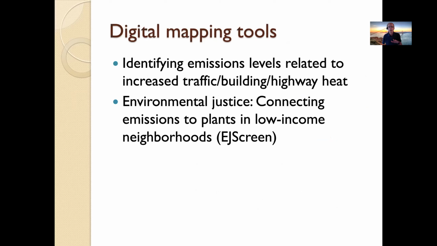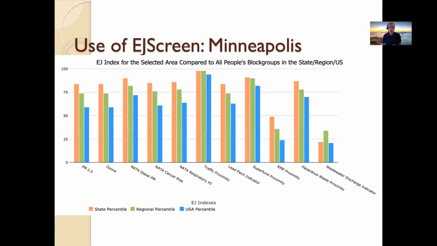They can identify the emission levels related to traffic and highway buildings and highway heat just by measuring those. And they can then get that data and connect the emissions to different plants in low-income neighborhoods, because this is part of environmental justice as a real key topic. So for example, in my own city of Minneapolis, they could identify where people are getting higher emissions by specific